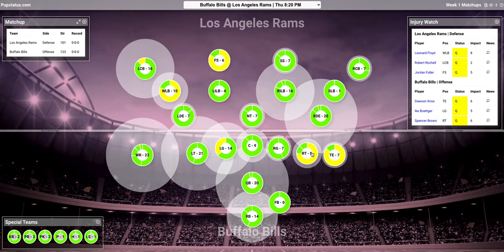So if you see a lot of red, that's when someone's actually out. There's nobody really out yet. It's preseason. There's not really that kind of report yet. That's bad news. But yellow is just questionable, and depending on the coach and the team, typically questionable players play, but you want to keep an eye on it.